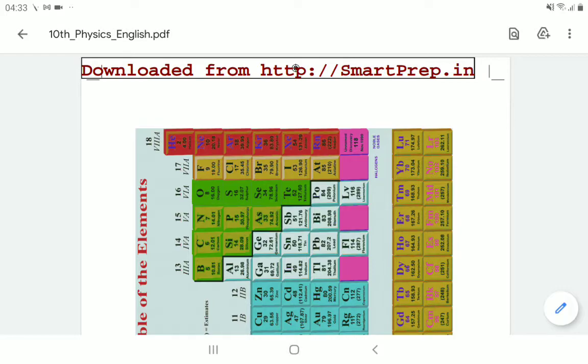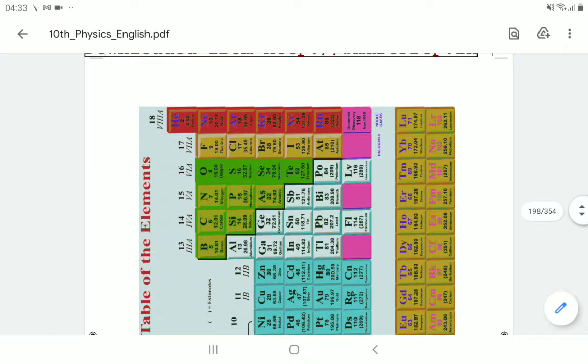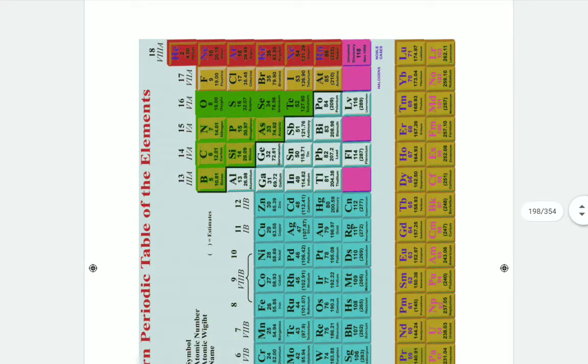In the last class we discussed the different periodic tables according to different laws. Today we are discussing the modern periodic law, which was discovered by H.J. Moseley. The modern periodic table depends totally upon the atomic number, which is the number of electrons in each atom. According to how many electrons are in each atom, we classify all the elements. That is the modern periodic table we are seeing on this screen.